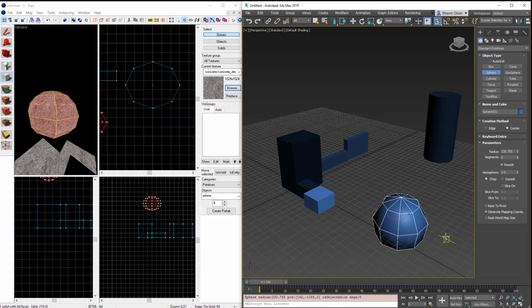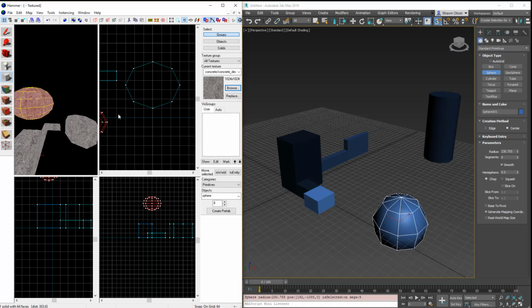So one thing you'll notice right now is that when we create an object over here in Hammer, it automatically had a material applied to it. All of these are getting whatever is currently the selected material over here. We can do the same thing in Max if you have Wallworm installed, and this is going to bring us